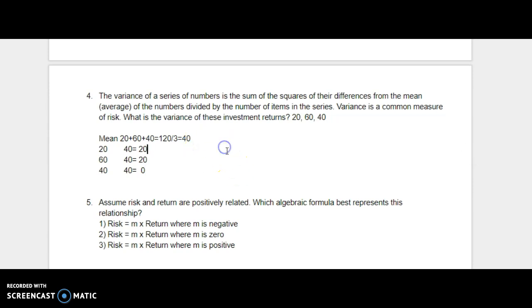What we're going to do with these differences, though, is we're going to add the sum of their squares. So we've got 20 to the second power. We're going to add that to, again, 20 to the second power. Now remember, 40 and 40 was 0, so we don't need to do anything with that. So that's going to be 20 to the second power will be 400 plus 20 to the second power again would be another 400, which equals the sum of 800. The last thing we're going to do here is divide by our number in the series, which is 3, to give us our variance of